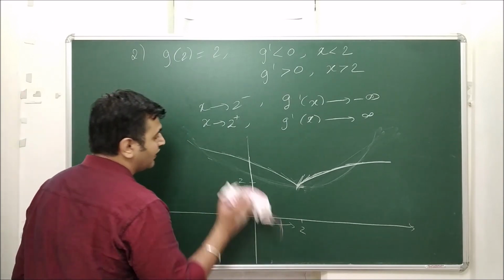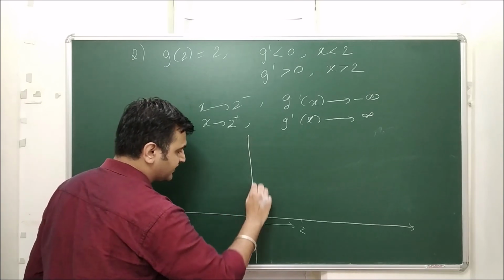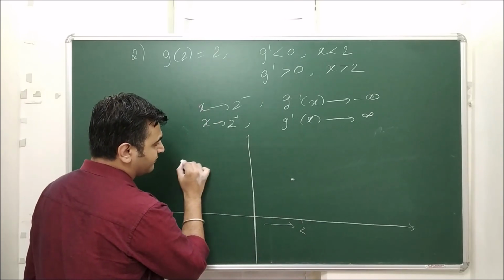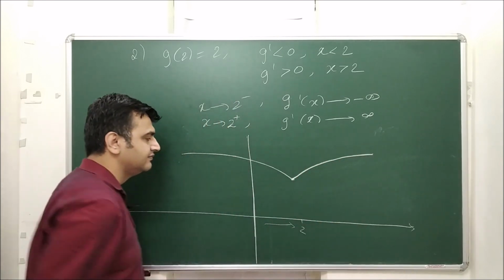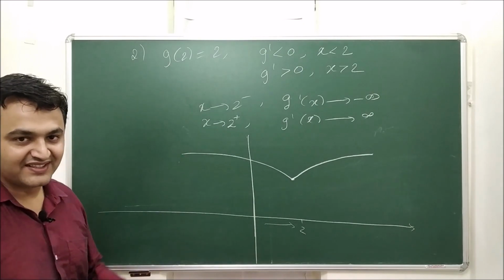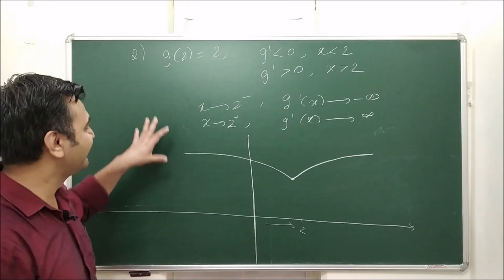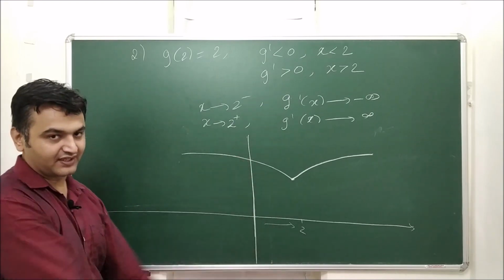So therefore the ultimate graph for this function at 2: it is not differentiable, it's decreasing, it's concave down, here also it is concave down. I just remembered the bird which we draw in school in the drawing class, when there's a sun and then the birds. Okay, anyways, so this is what the graph looks like.